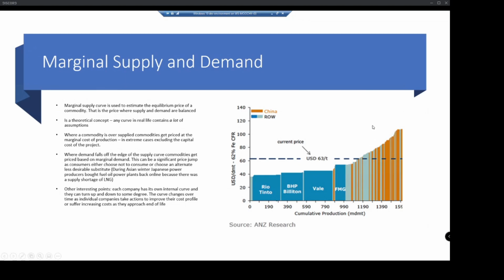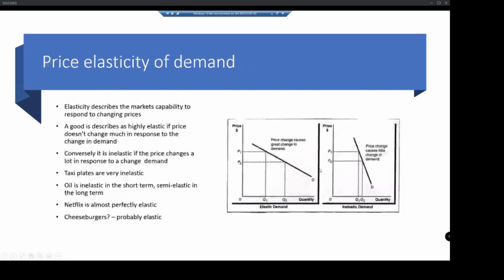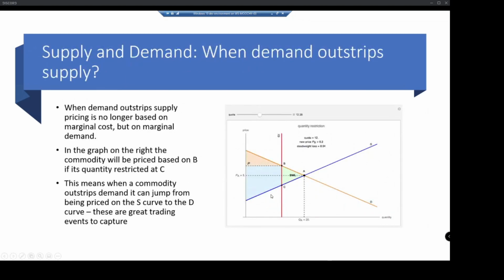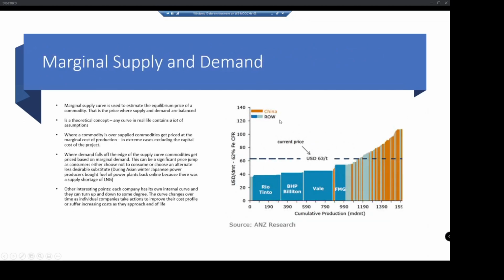And so this is a marginal supply curve, which is sort of an actual application of this, and that curve mostly fits in this section here. And this is how you actually analyze what's going to happen with miners and things like that. Obviously, if you own a miner up here, it's basically going broke unless you expect the price to go through the roof. If you buy a miner down here, it's not going to respond that dramatically to changes in prices because it's already making all of this profit.